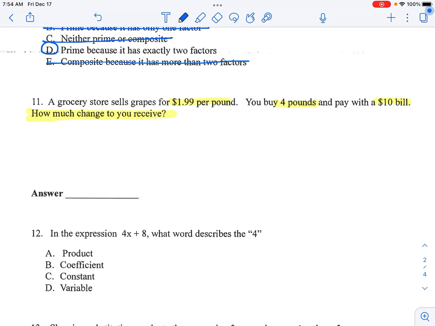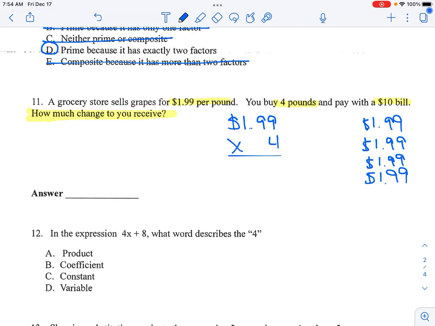Okay, so I'm going to pay $1.99 once for the first pound. I'm going to pay $1.99 for the second pound. I'm going to pay $1.99 for the third pound, and I'm going to pay $1.99 for the fourth pound. So the way that we solve that is multiply the cost per pound times the number of pounds purchased. 4 times 9 is 36. 36 again plus 3 is 39. And 4 times 1 plus 3 is 7. You had 2 digits behind the decimal. You need 2 digits behind the decimal. So my bill is going to be